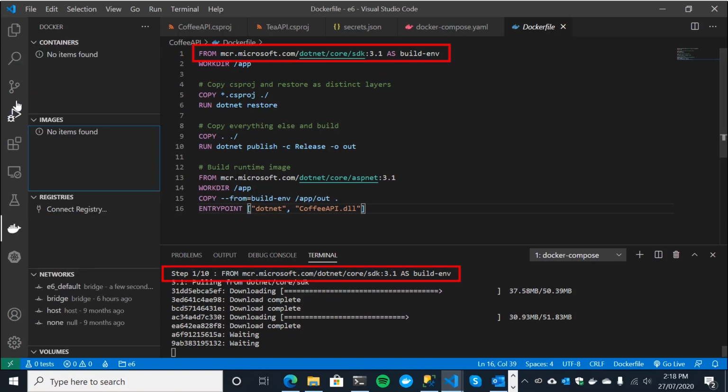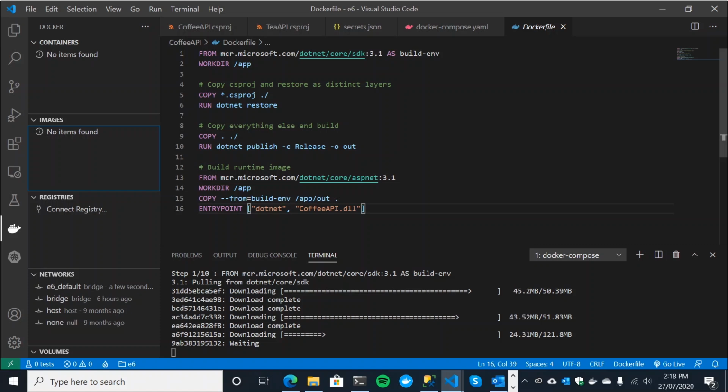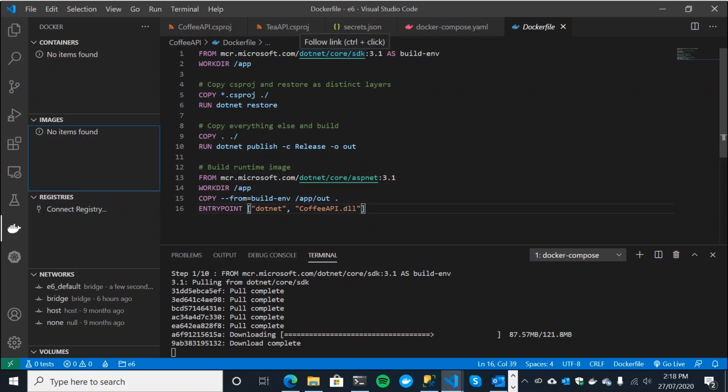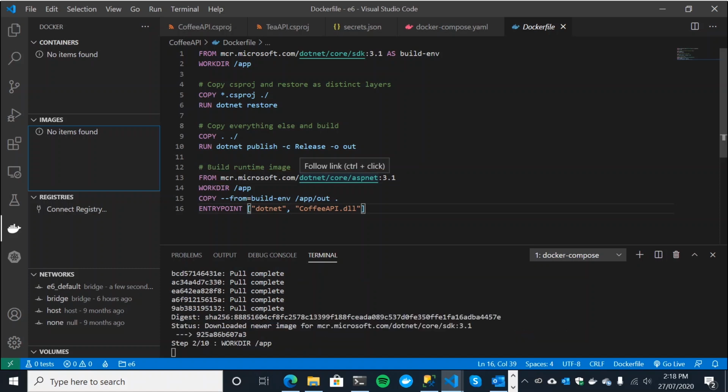Let's move back over here so you can see what's happening. It's pulling down the SDK image because I don't have any locally, and then it's just going to step through the rest of the steps, which is basically to perform a restore on our project file, and then it's going to do a .NET publish to build the whole thing using the SDK. Then because we don't want a runtime that has all the SDK stuff in it, we pull down a second image and do this multi-stage build where we use the runtime image to produce a runtime image that's a lot leaner and smaller.